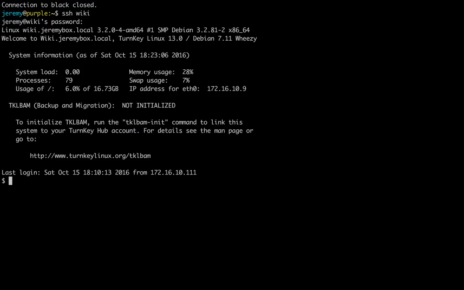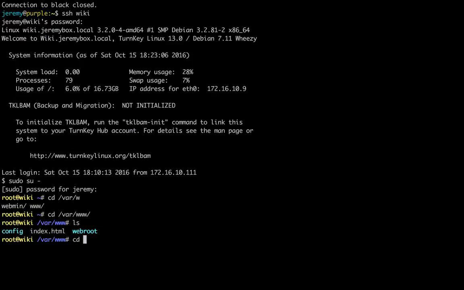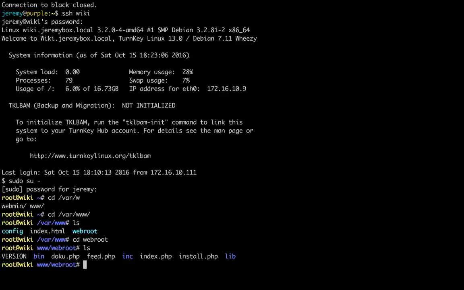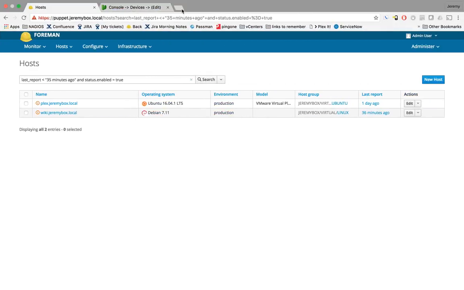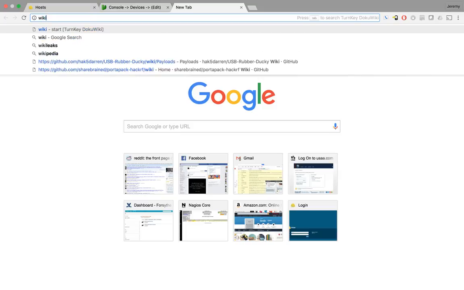But let's see if we can dump the data in case I need it later, and then go from there. So wiki, I don't even know what type of wiki this is. Let's see if it's obvious. Okay, it's a DokuWiki, I'm assuming, because it has doku.php. Maybe there's a way to export this entire thing just from here. So we go to wiki,